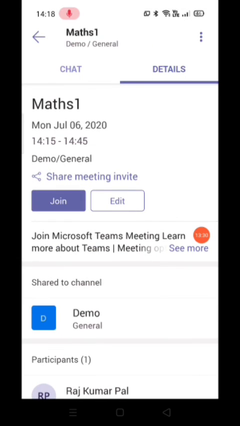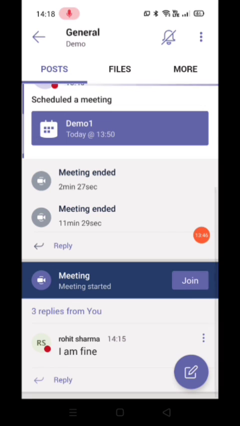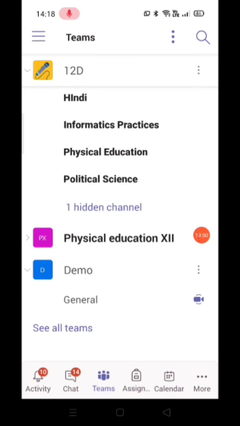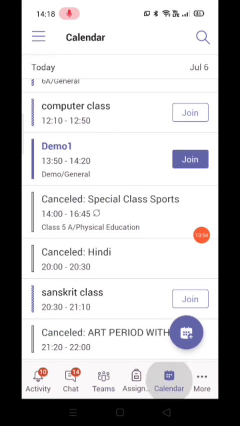Red button. So my meeting is ended, but it is not over. You need to cancel the meeting. It's very important. So how do I cancel the meeting? I go back to the top. There is an arrow. I click on it and come back. Then again an arrow. I come back, and then you have to go to calendar.